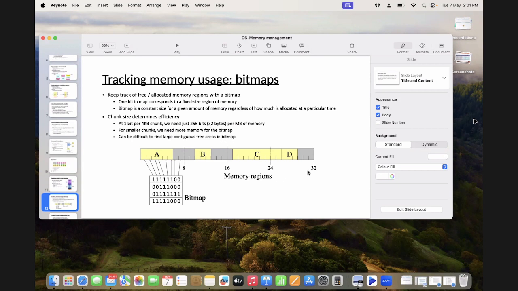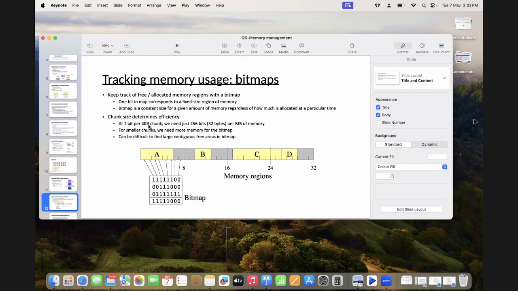Just for example we are considering 32 MB; suppose this is 1 GB of memory, and we increase the chunk size to, say, 128 KB, but whatever the thing is, that's what it says. The bitmap is a constant size for a given amount of memory, regardless of how much is allocated at a particular time.